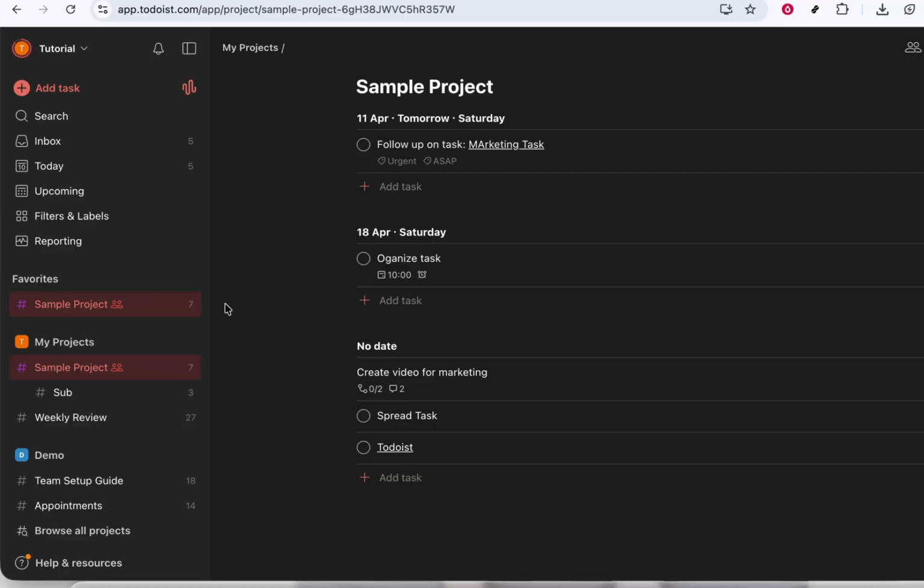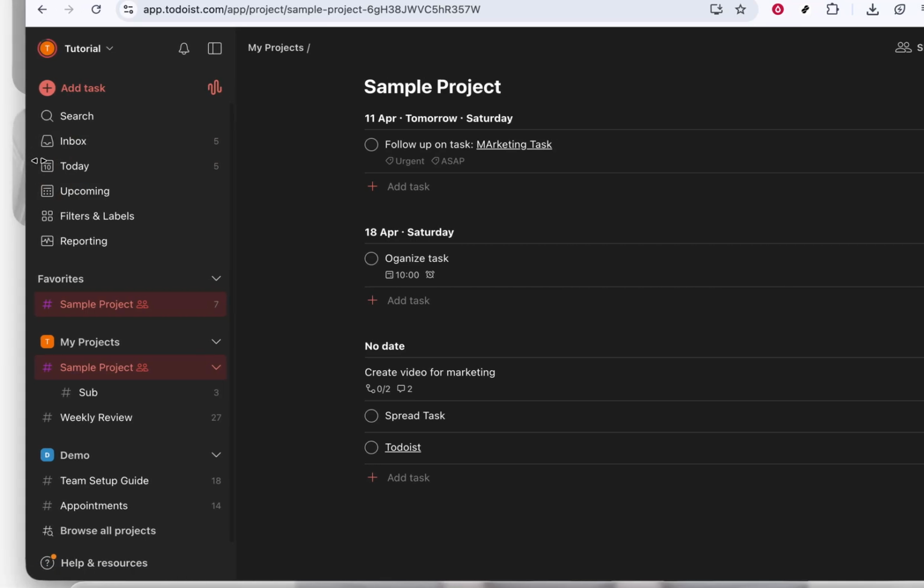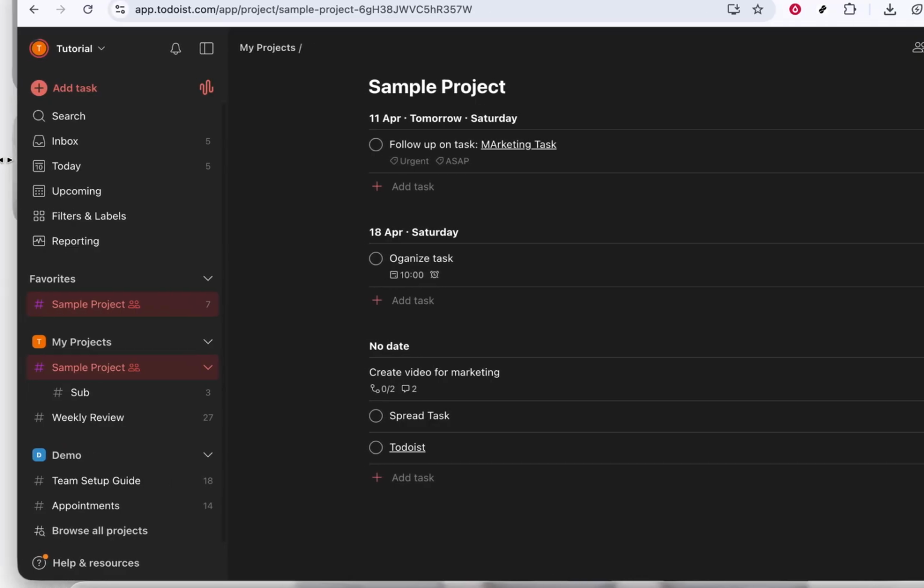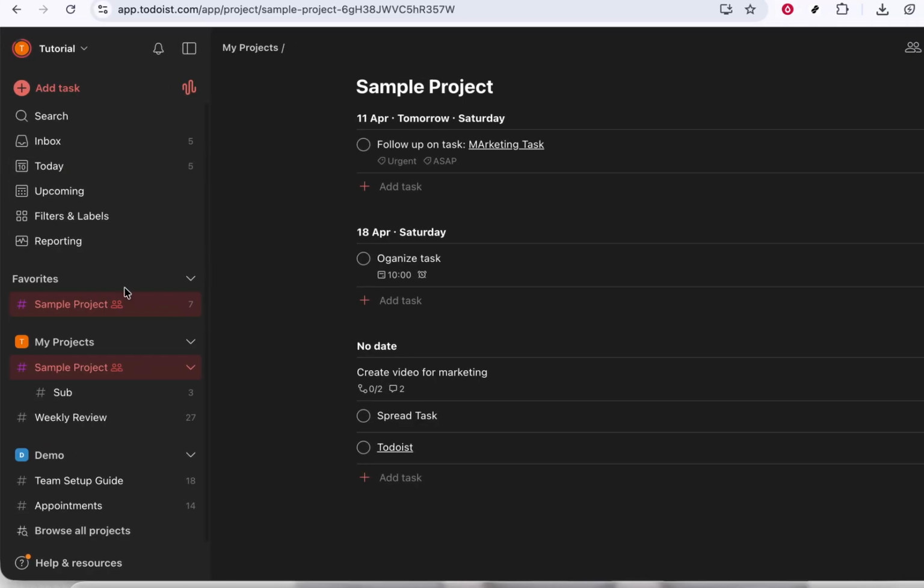As soon as you click it, you should see that project appear under the Favorites section in your sidebar. If the Favorites section wasn't visible before, it should show up now with your newly added project inside it. From this point on, you can open that project quickly by clicking it from favorites instead of scrolling through your entire project list. If you change your mind later, you can remove the project from favorites using